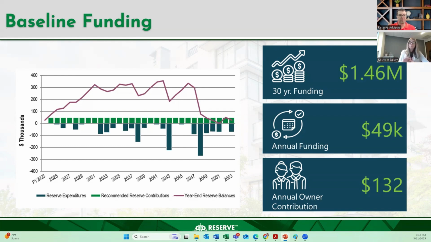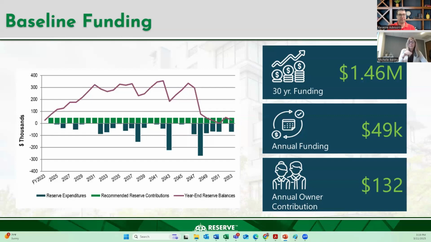So assuming reserves don't exist, if you didn't have a reserve account, weren't funding reserves at all, the whole top half of the graph wouldn't exist, right? You'd have no money in reserves, you'd have no contributions. That means you'd essentially have these fluctuations in your budget every time there's expense, right? So whether that's a special assessment, or maybe you are taking out a loan and stabilizing that, and then you're essentially kind of like funding reserves now because you have an additional contribution.